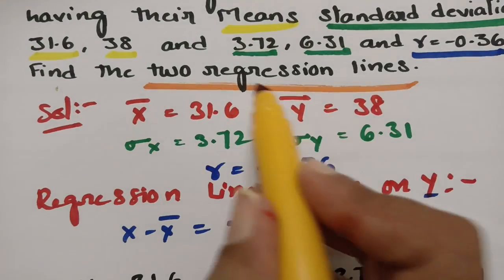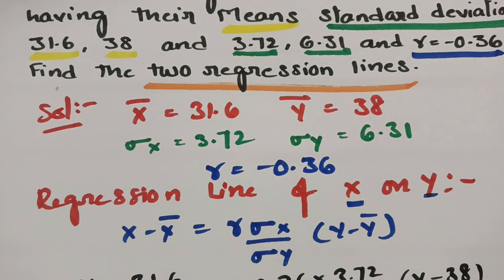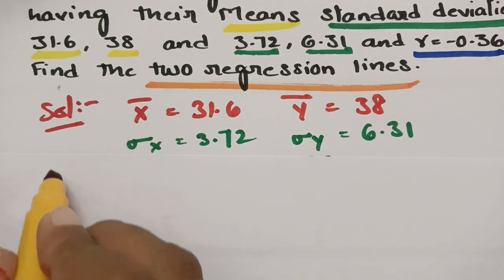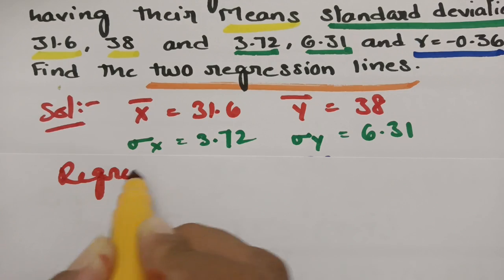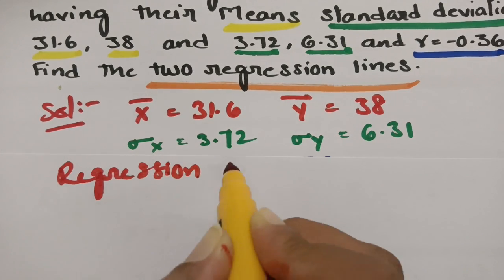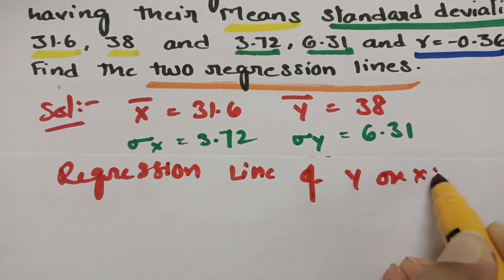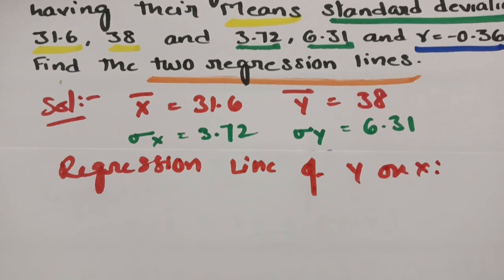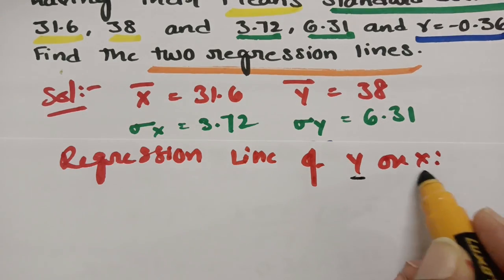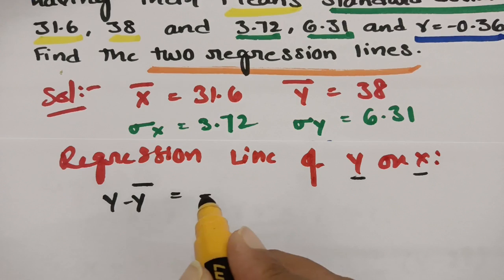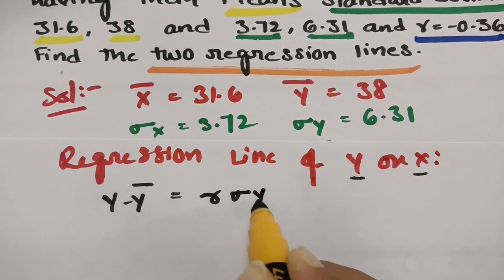And the next one: we need the regression lines, so again we have to find the regression line of y on x. The formula is also so simple. We have to start with y and end up with x. The formula will be y minus y bar is equal to r times, for y on x,